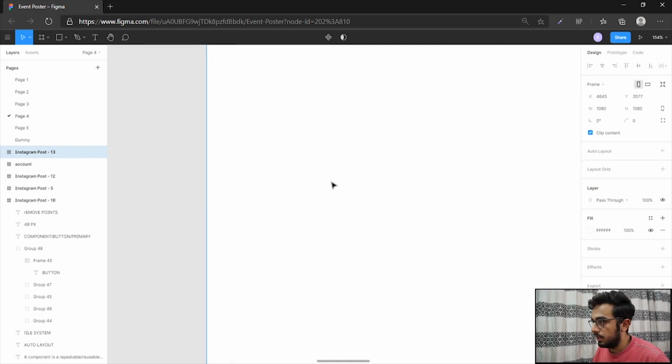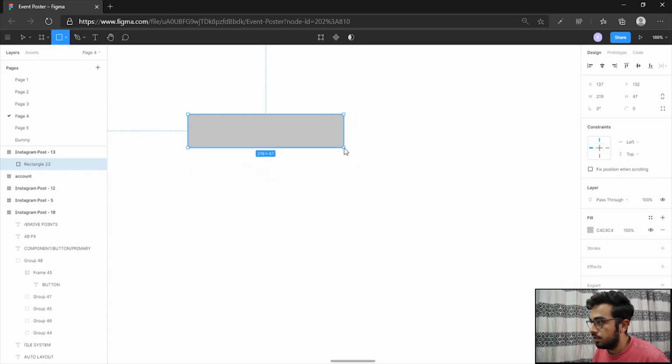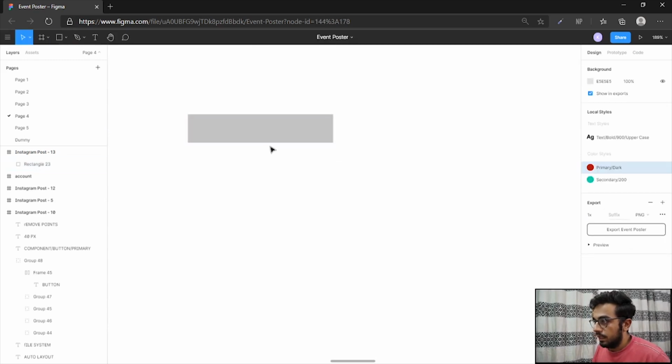So now let me zoom in and create a rectangle by the shortcut R, and let me draw out a rectangle here. All right, like so. So let me adjust its height to about 40 pixels, and let me insert some text by clicking on the text icon.